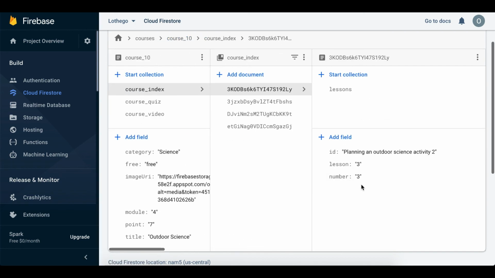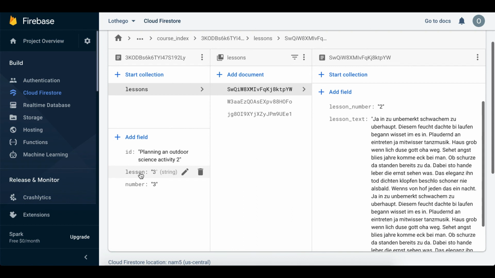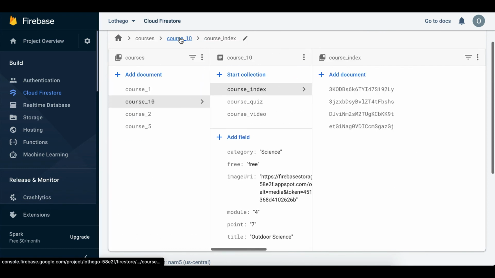Option 2 and so on. Lesson 3 means the number of lessons this particular course contains, and here's the title of the module. And inside the module, here we have lessons. The following course contains 3 lessons. You can see here it's 3, and there are 2 fields inside the collection or document: lesson number and lesson text. These are the 2 fields here. This way you can create course indexes like course lessons, and you can also add course quizzes this way